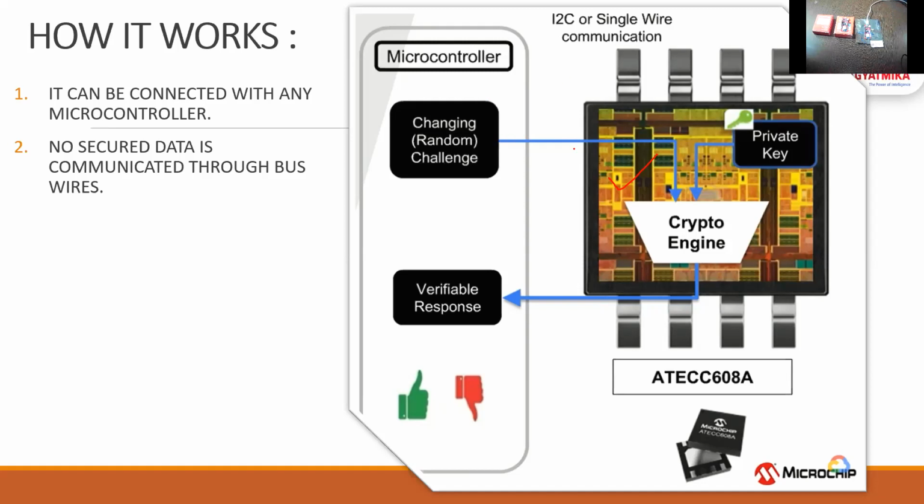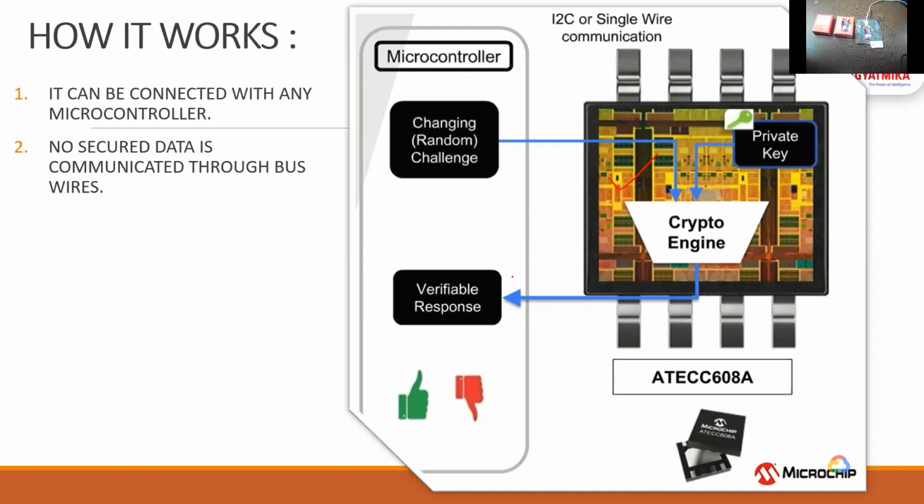The microcontroller sends the random numbers, and that goes to the crypto engine. It processes the random numbers, and based on that, the keys are attached onto the answers, and then it is sent to your controller. So the authentication comes from here. If it matches, the results match for your random number generations. So it means a right communication is happening between the crypto engine and the microcontroller, and then